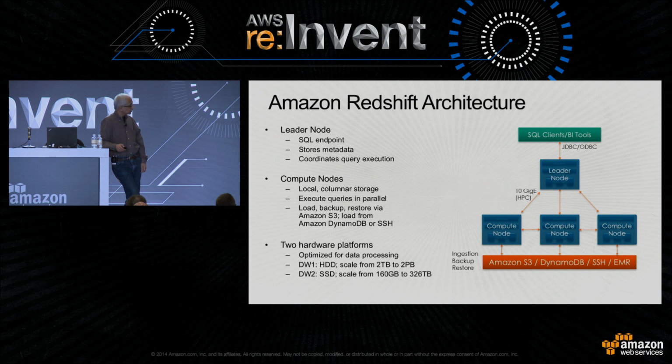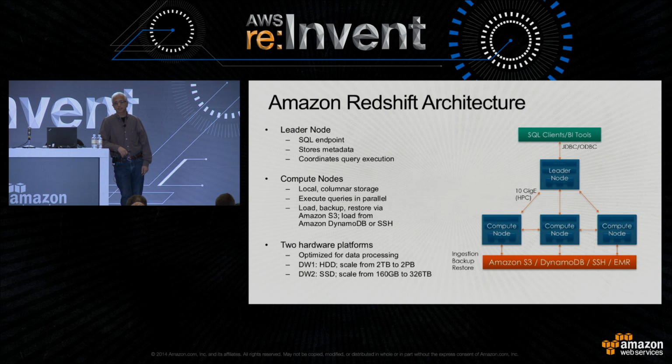Here's some of the architecture that I've already spoken about, so I'm not going to go into too much detail. The only thing I'd highlight is that it comes in 2 flavors. There is a data warehouse node, which was our original node that we call DWM. It's a very creative name. It's a magnetic storage instance with local store, which is magnetic. It starts out at 2 terabytes as a smaller instance, or a larger instance, which is at 16 terabytes. You can scale this with 16 terabytes up to 128 nodes to get to roughly 2 petabytes of space.